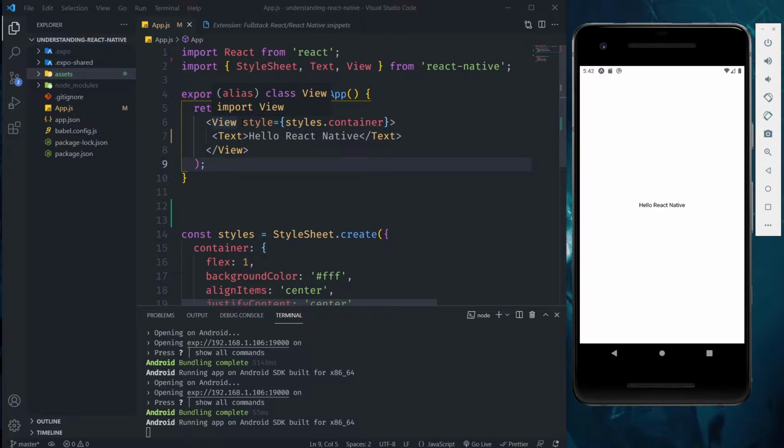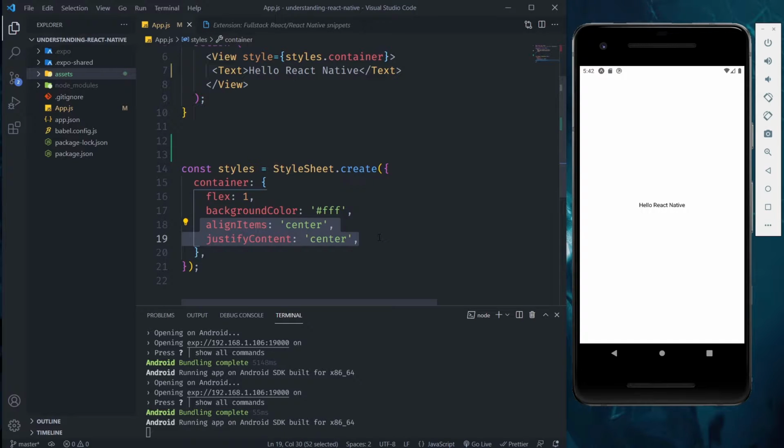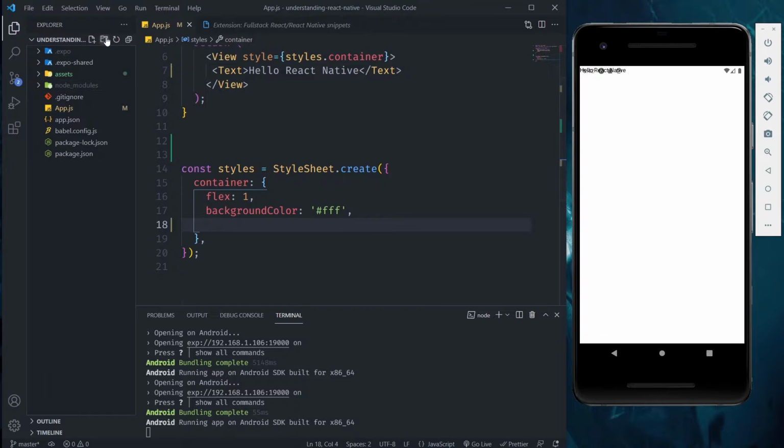Now here, we know that the text is centered because of align items and justify content. If I just remove it, our text goes to the 0 0 position, which is the upper side of the status bar, and we want it in this section, right, in the shapes area. So what we're going to do here is create a component,